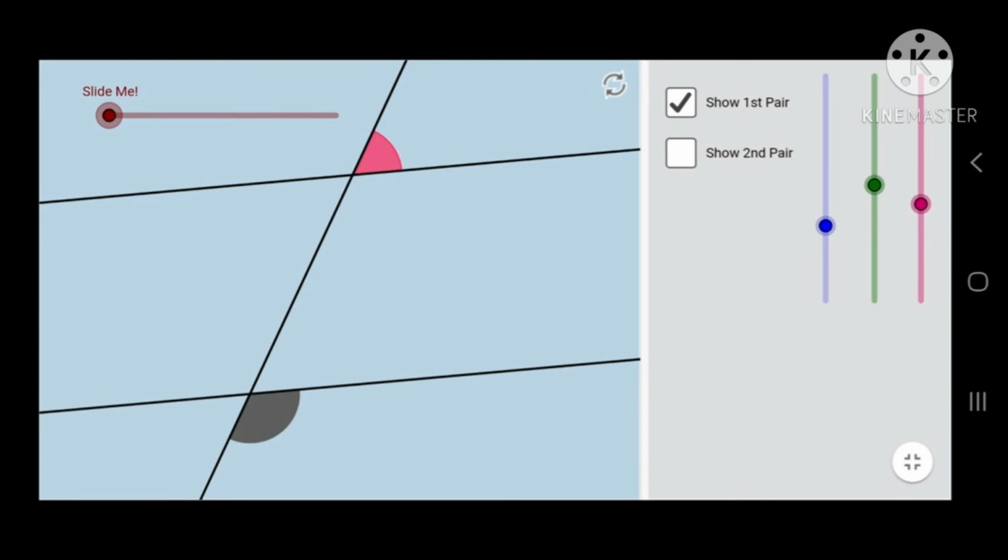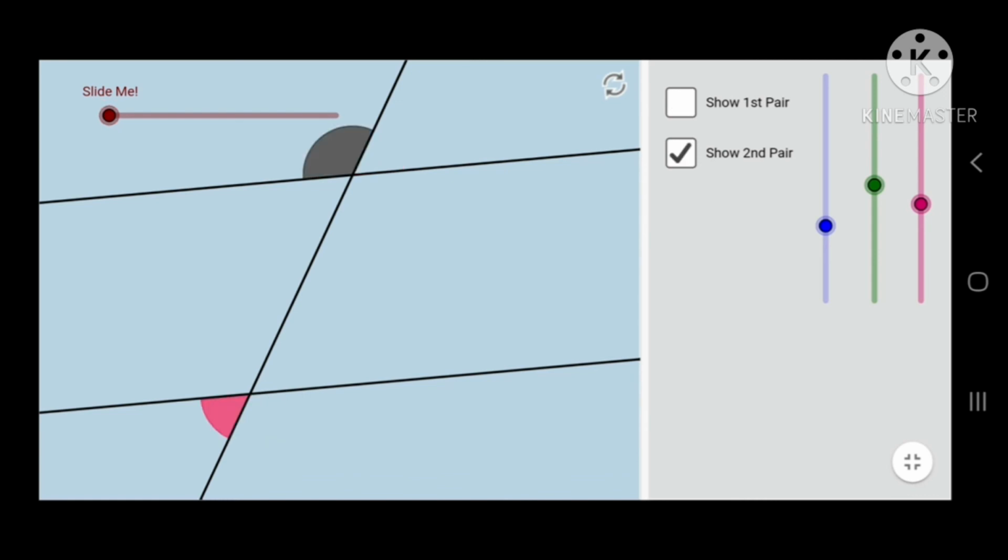Now let's explore the same side exterior angles or angles on the same side of the transversal in the exterior. As you can see here, we are having the exterior angles. Now as we bring one of the angles closer to the other one, just mark the gray angle here, the gray angle plus the pink angle, now they form 180. That means gray plus pink is 180. So the gray angle can be anywhere. So here now gray plus pink is also 180. Just see that. So it forms a linear pair, means its sum is 180 degrees. So the gray plus pink are nothing but angles on the same side of the transversal in the exterior.